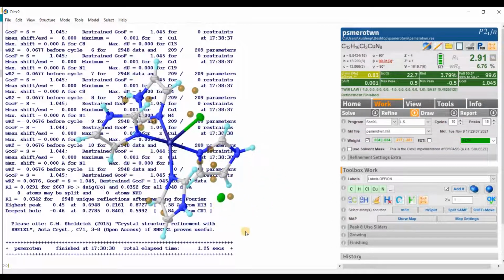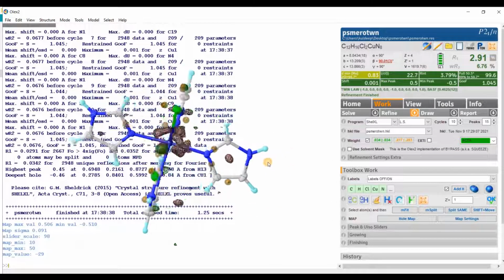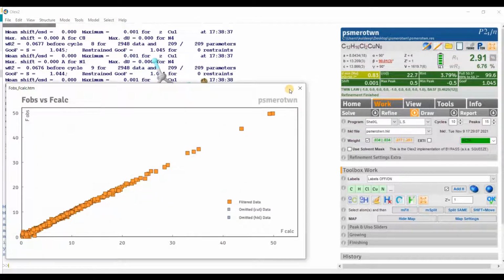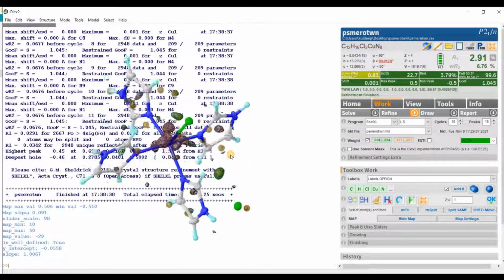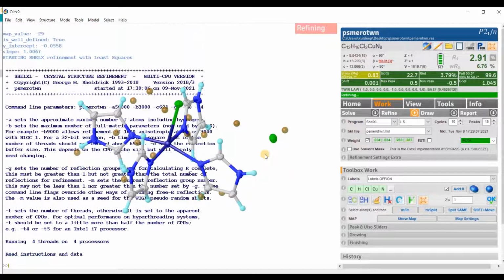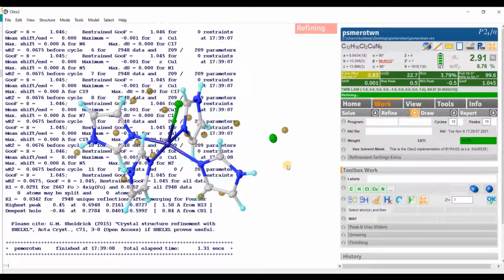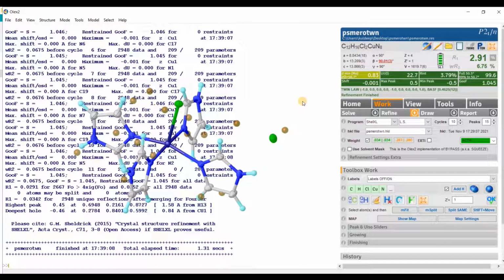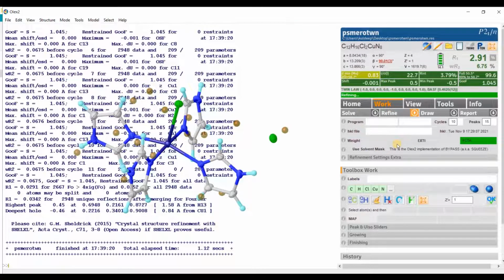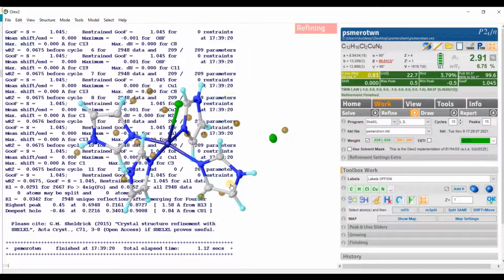Now you can see the electron density map. It's quite good, and the F observed versus F calculated map is looking very nice. So the tutorial is over. One more final refinement, and now everything seems to be good. There is twin law and the batch scale factor is 0.46. Refine one more time so it will become green. Now everything is settled down.